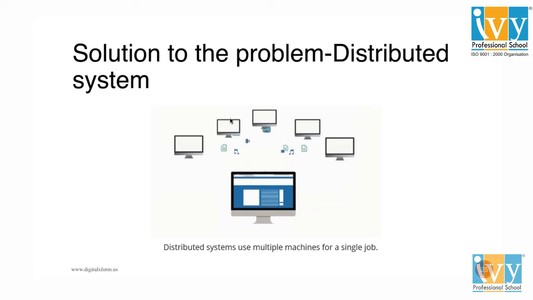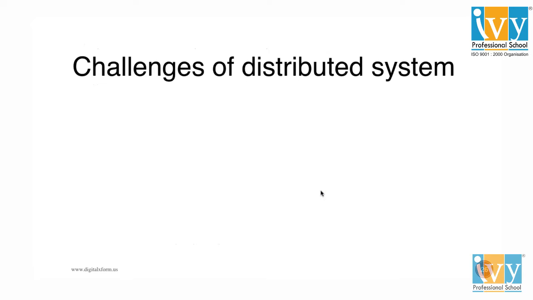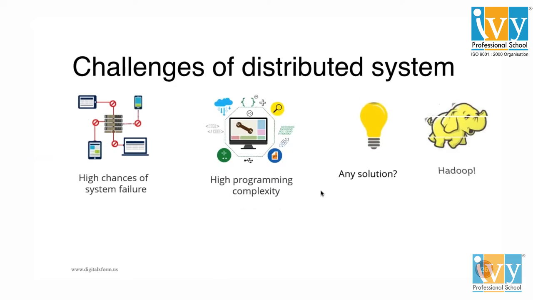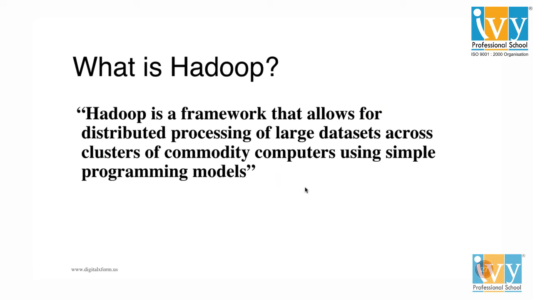All this is taken care of by Hadoop. And what if one node fails, what about the data? All that is taken care of by Hadoop: how to store the data and how to process the data. So it does two things, storage of data and processing of data. So what is Hadoop? It's a framework. It allows for distributed processing of large data sets across a cluster of commodity computers. Across different nodes, it can store the data and process it in parallel so that you get the output in a faster manner.